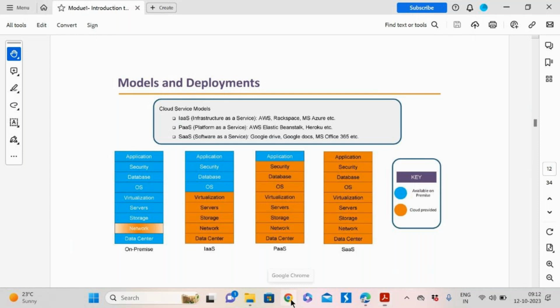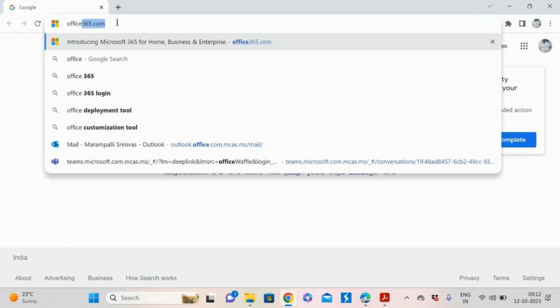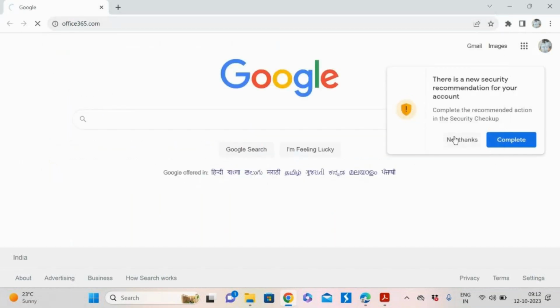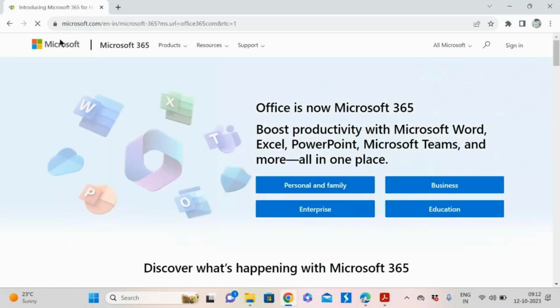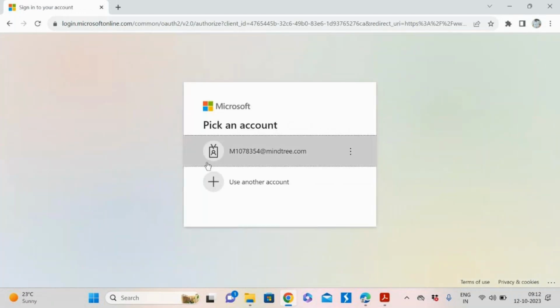you may use Office 365. Office 365, if I go there, everything is managed by Microsoft. This is a Microsoft-provided product. If I go here, I can simply log in and start using.